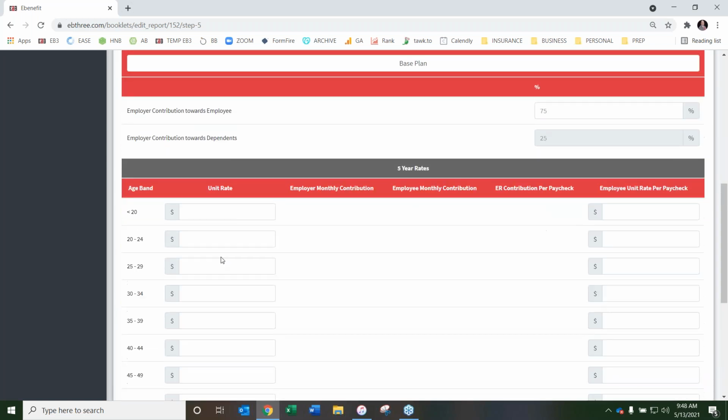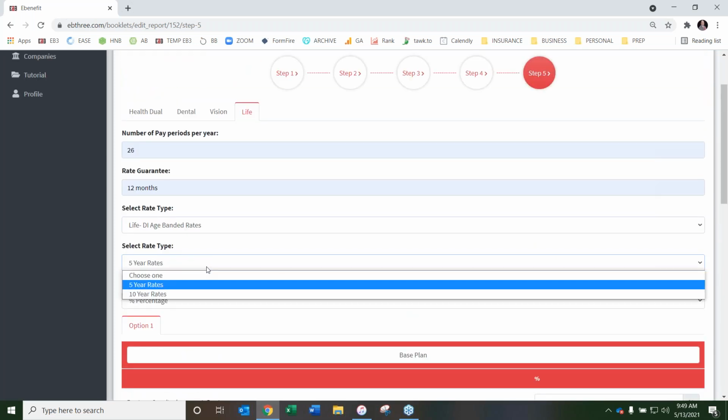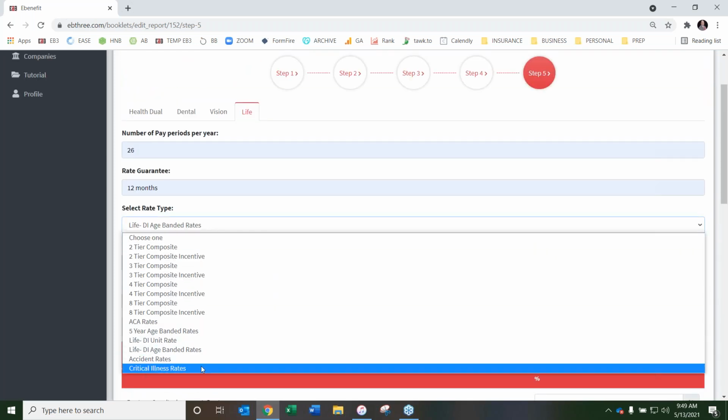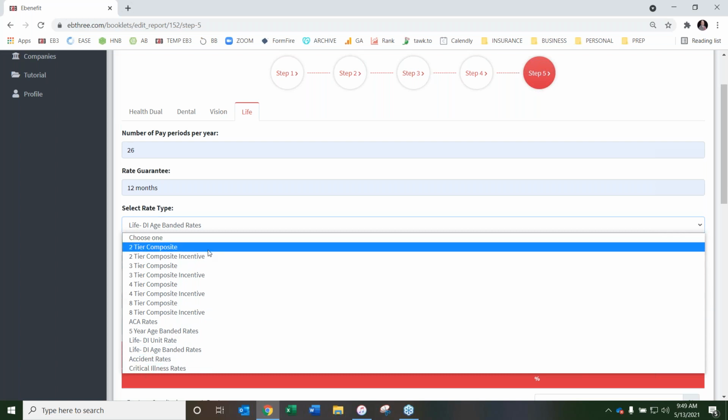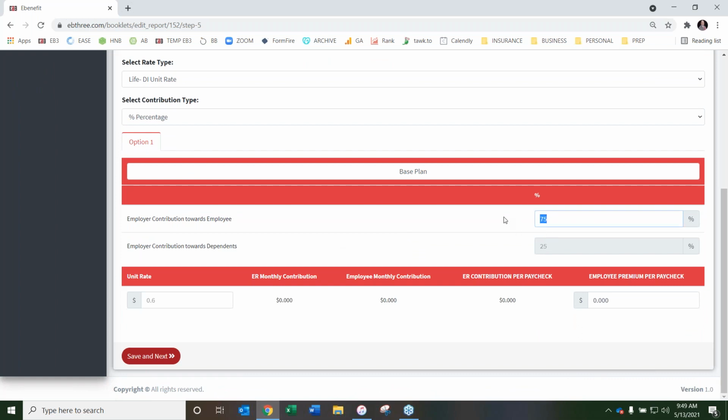So you can see as I change this that it goes between the two. So really whatever you want to do, and then there's also some accident and critical illness that are specific to certain carriers. So feel free to play around with whatever one works for you on those. And then we'll just do 75% contribution on this. We'll do 100% since we're not taxing the benefit. And then we'll just say it's 0.5